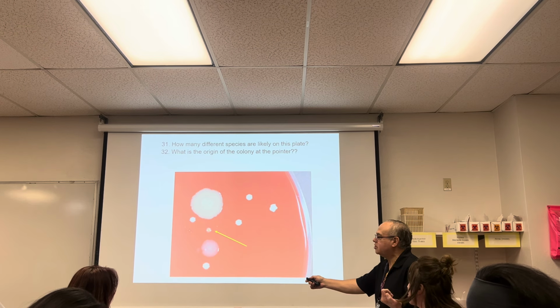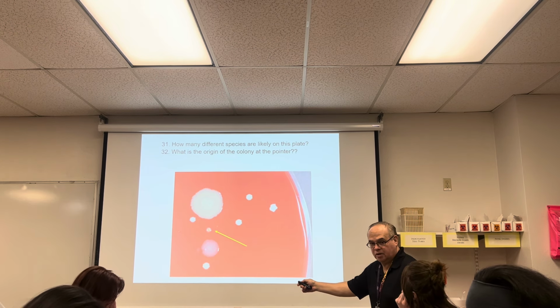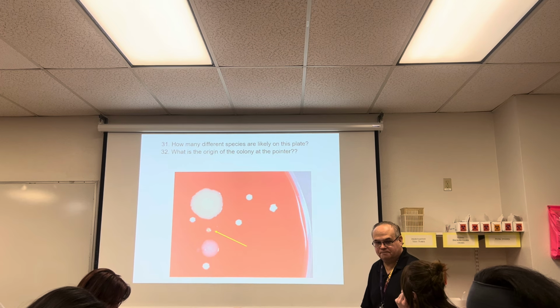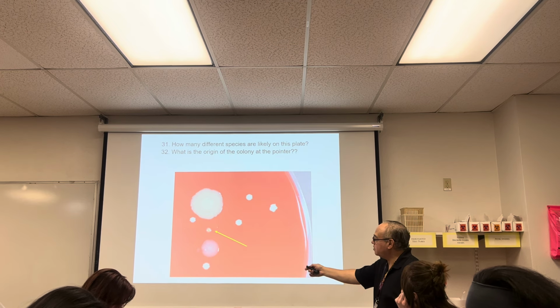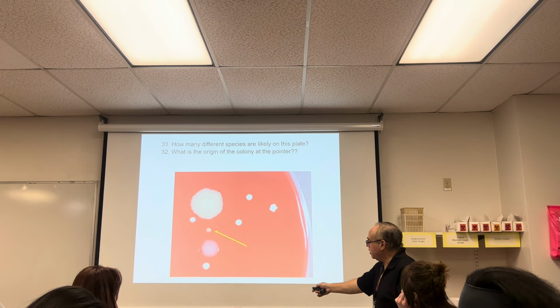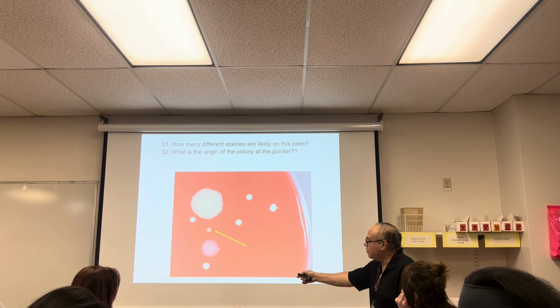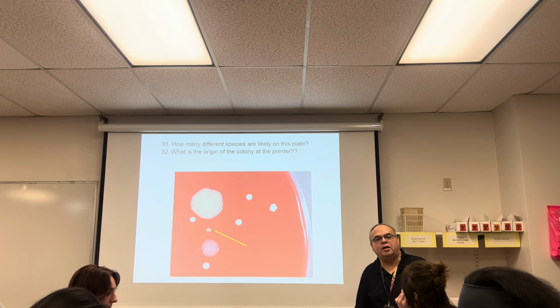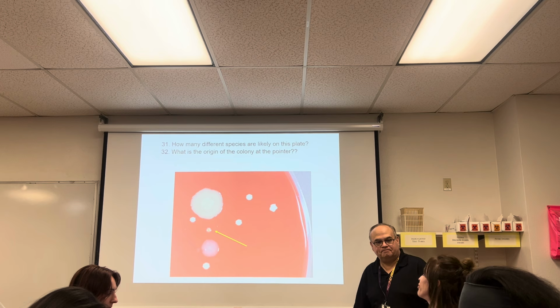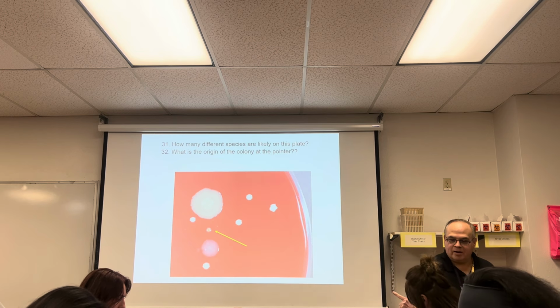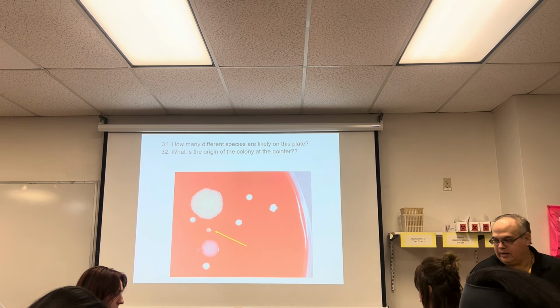No, that doesn't have any true shape. Those are just crystals of something. This one has a nice round shape. The others don't, right? They're all kind of goofy looking, right? So they're smudges, and they're probably going to be salt crystals. Okay? But if you don't identify that rule, you're okay with that.